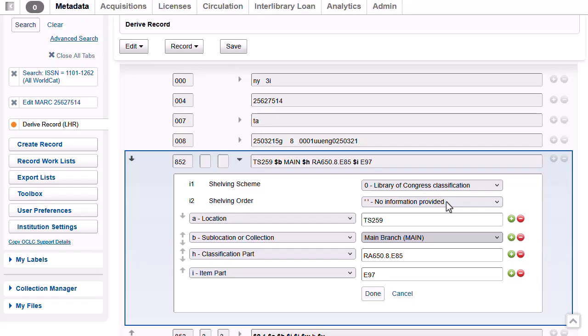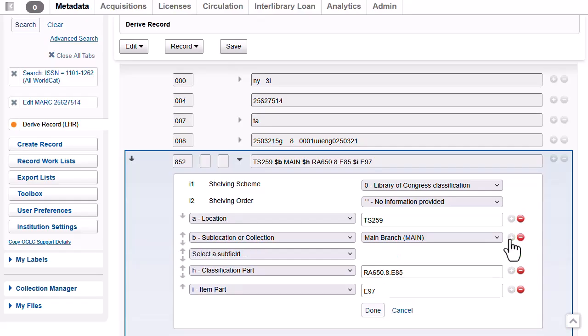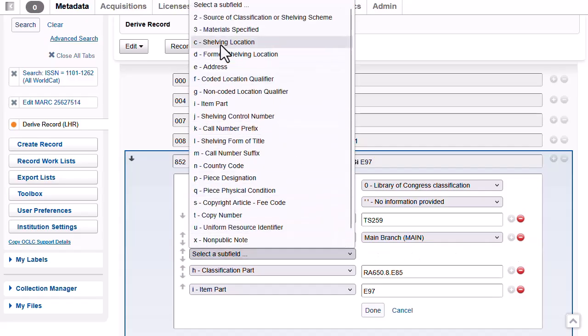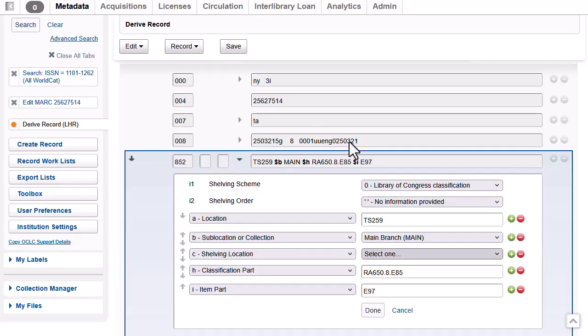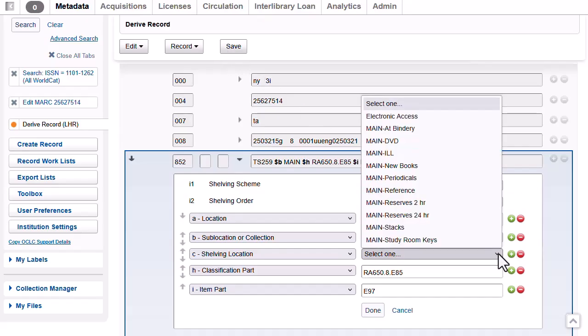Next, I need to add my shelving location for these volumes. So I'll click the green circle with the plus sign to add a subfield, and then I'll click the drop-down to select the subfield. And I'll select C, shelving location. Then across from that, I'm going to open the drop-down that says Select 1, and I'll select the main periodical